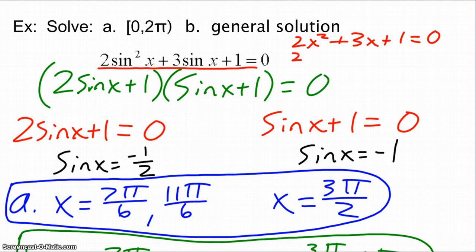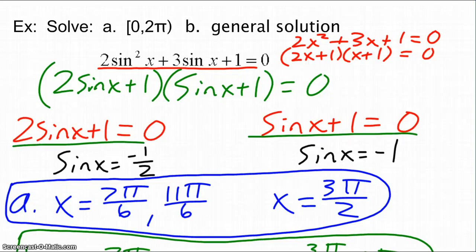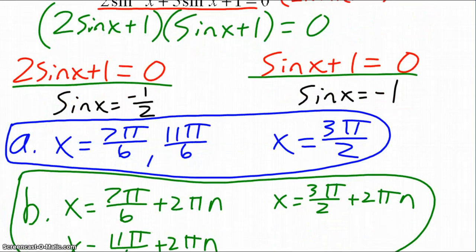This factors into (2x plus 1) times (x plus 1). So here I'm going to factor this into (2 sine of x plus 1) times (sine of x plus 1). Set each factor equal to 0 then. Solve for sine of x, and I end up with sine of x equals -1/2 and sine of x equals